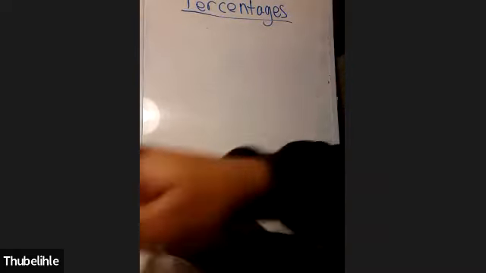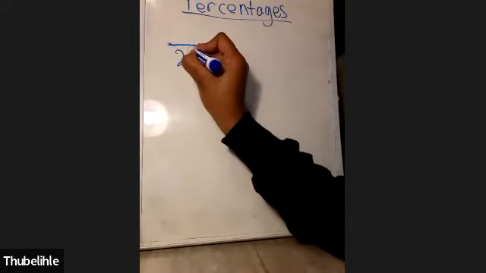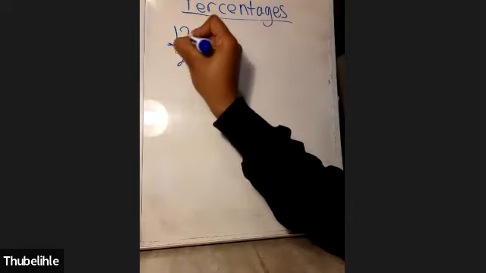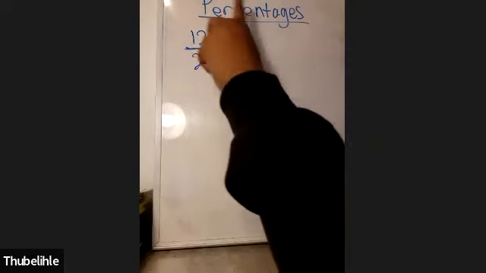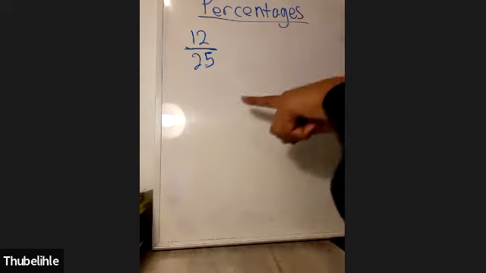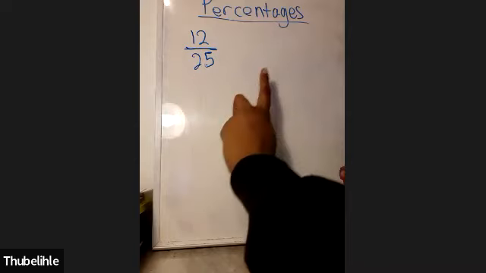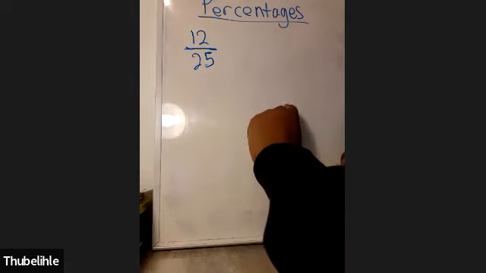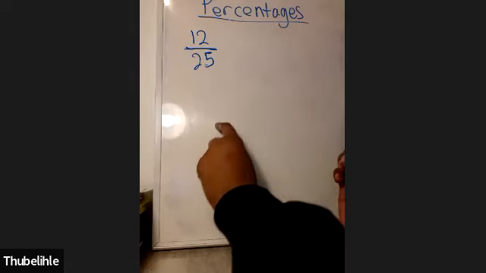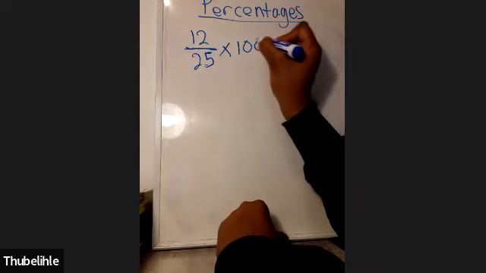So we know that the total number of the group, our denominator, is 25. And they're saying that only 12 are males. So this is a fraction of males in that population. So now we want to change this fraction into a percentage. And remember, we said to change a fraction or a decimal into a percentage, we multiply it by 100, okay? And to change a percentage into a decimal or a fraction, you divide it by 100, okay? So here we multiply by 100 to change it into